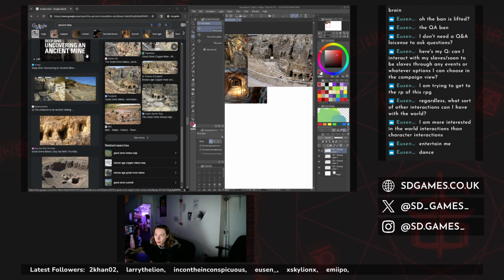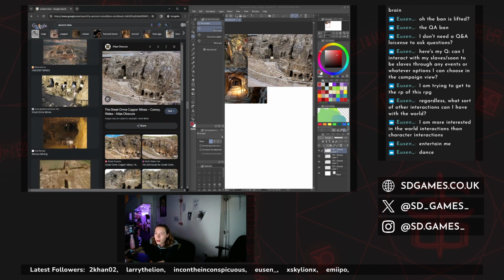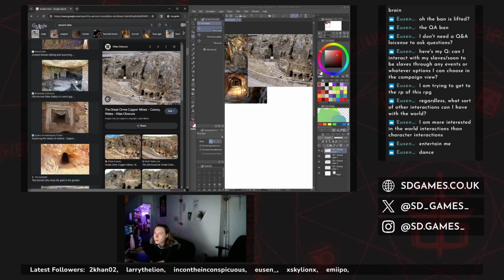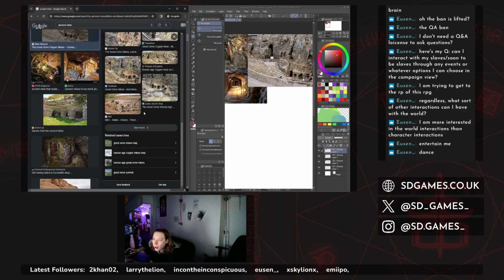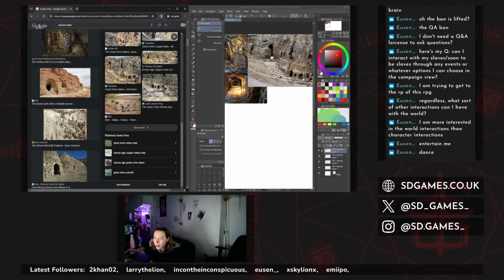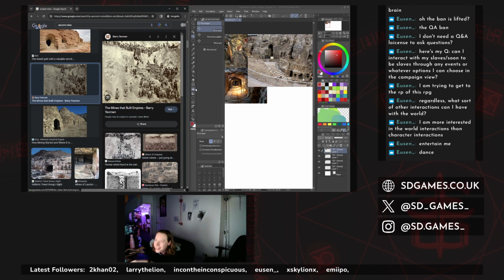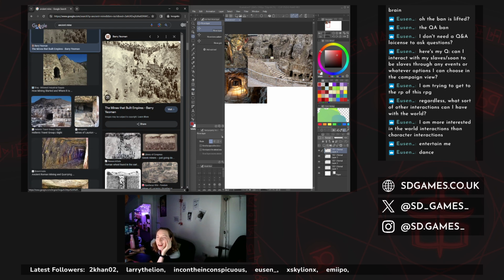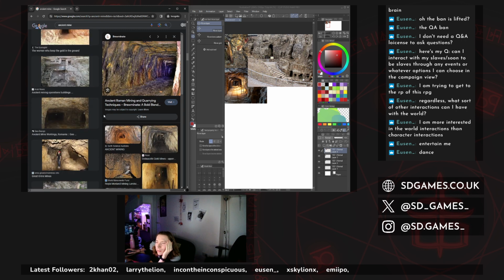Your level 1 mine is obviously a hole in the ground, and then your level 99 mafia boss is something more impressive. But a lot of the job is looking at pictures of mines. And a lot of them look the same.